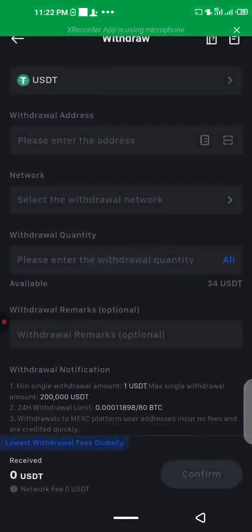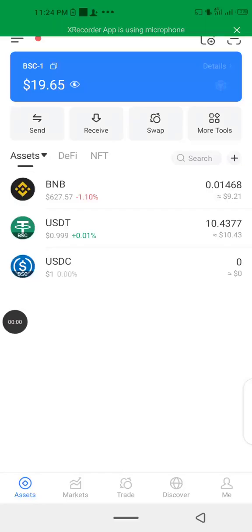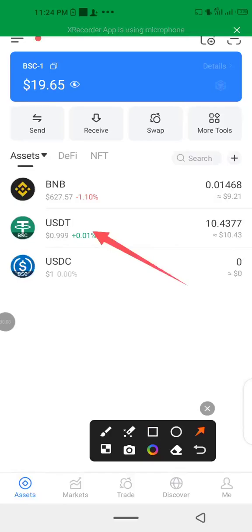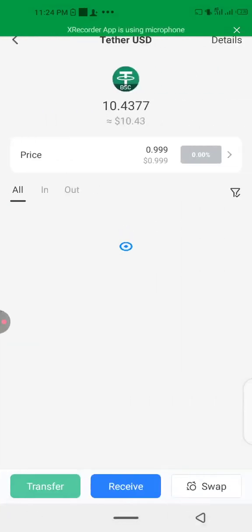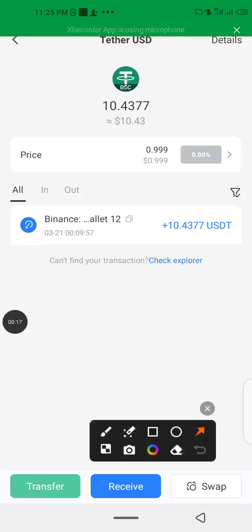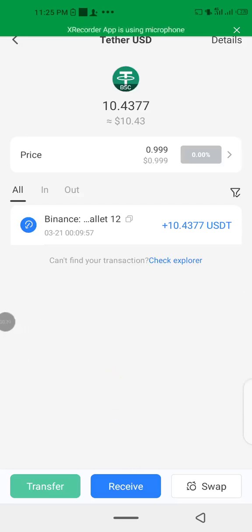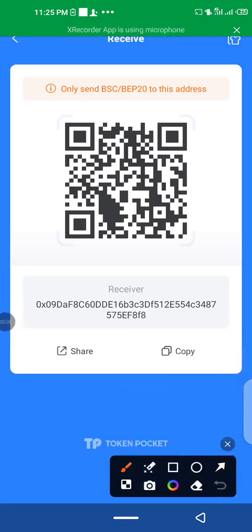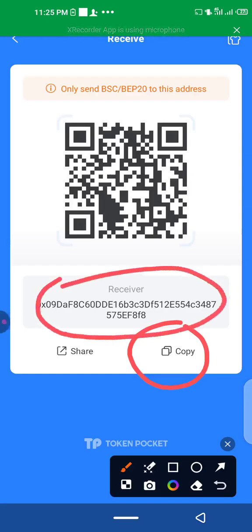Then the address which I've copied from the platform, I will now input the information here. To copy the address of the USDT on the platform, when it opens, you click on this particular section, which is USDT. You allow it to open. Then I click on receive. Just follow the simple steps, you get it. Click on receive, then when this opens, you click to copy. You copy this address and go and paste it in your exchange,